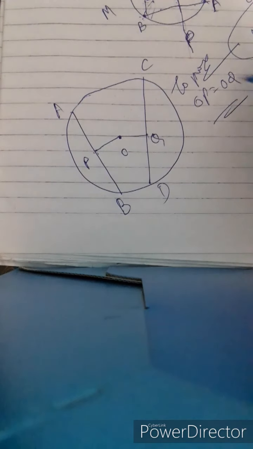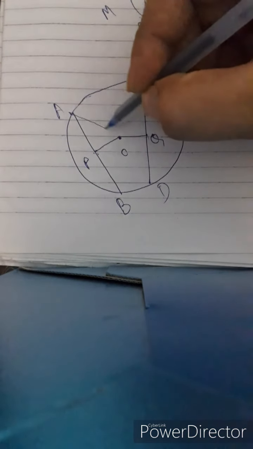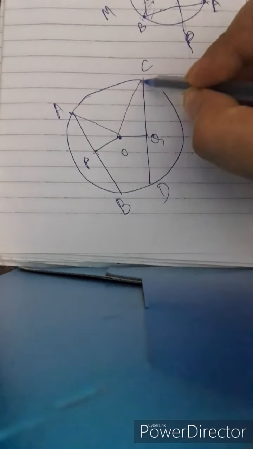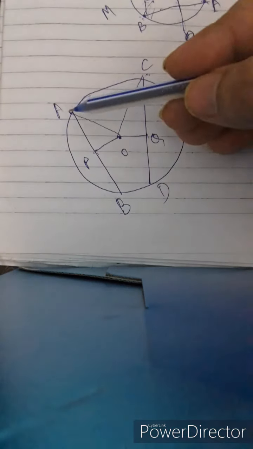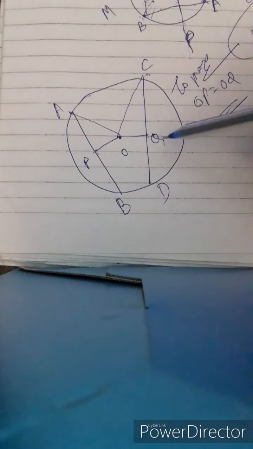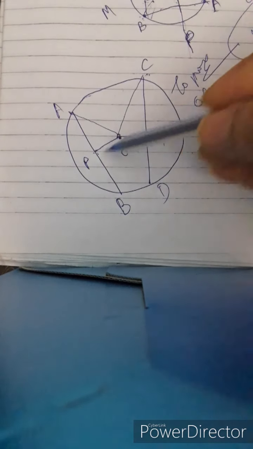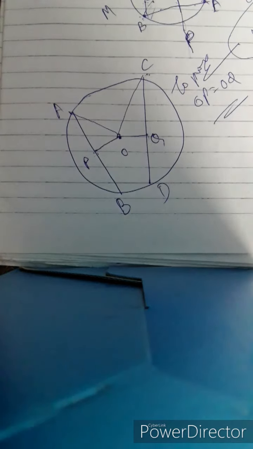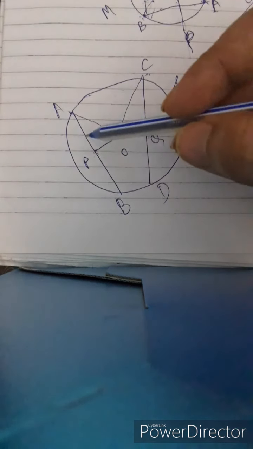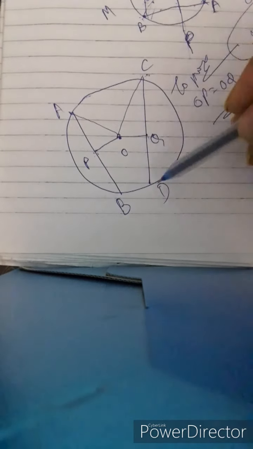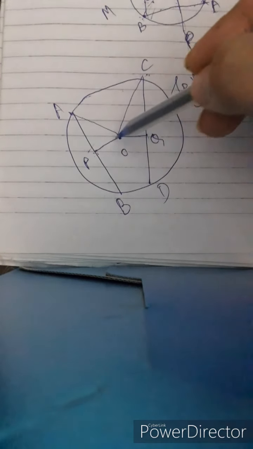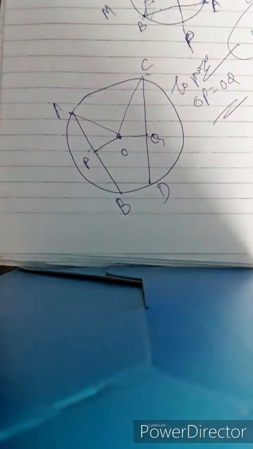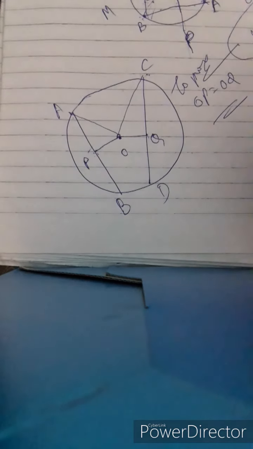So how do we do that? We will simply draw the radii here, so that we get two triangles AOP and COQ. We have to prove OP equals OQ, that equal chords are equidistant from the center. AB and CD are two equal chords, they are given. So we have to prove they are equidistant from the center. O is the center, so we have to prove OP equals OQ. How do we do that?